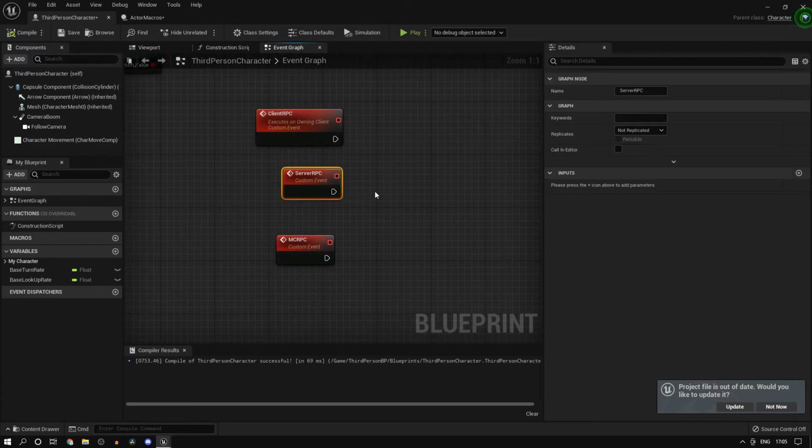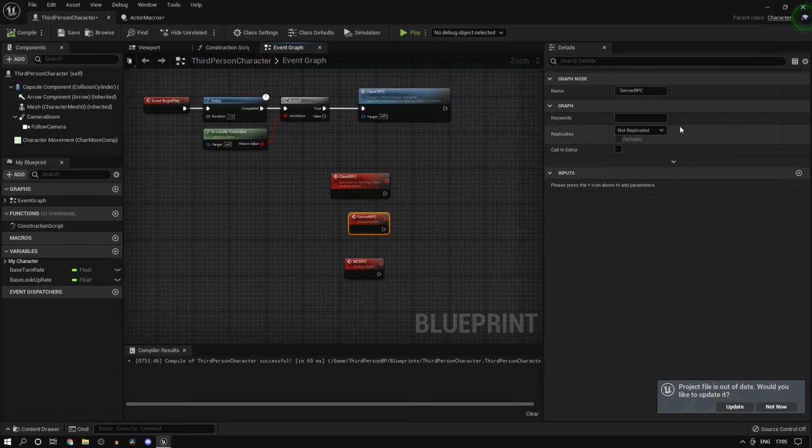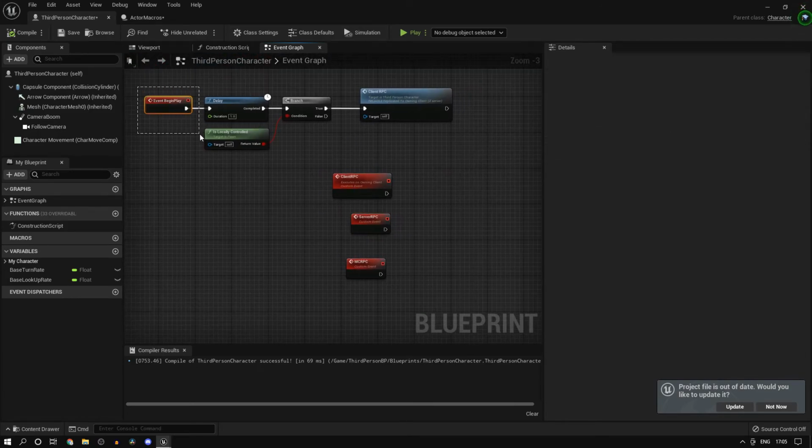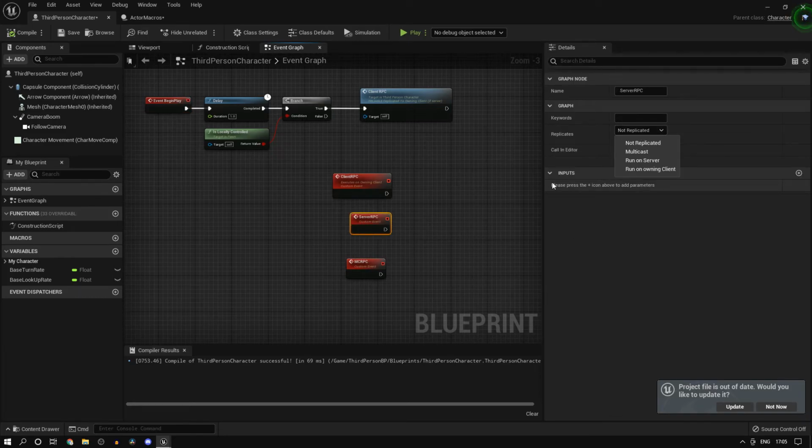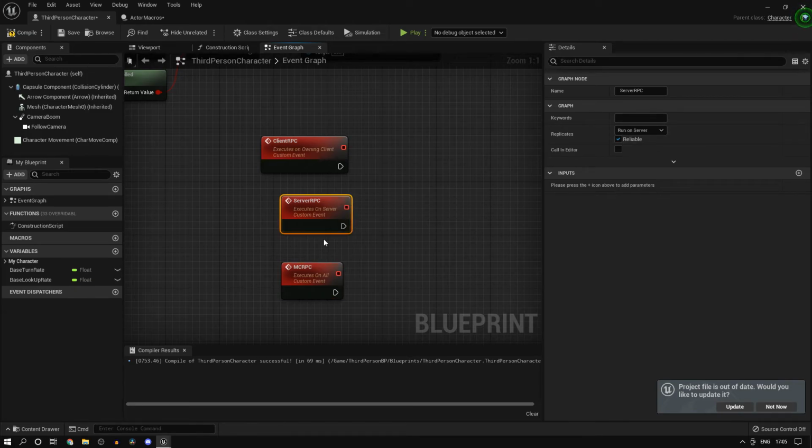Please note that running these things off of Begin Play is not an ideal solution, since this Begin Play runs on each client as soon as this character is spawned. So please do not do that mistake, and I'll talk about reliable soon. So basically what reliable does is it just makes sure that that action actually happens. So it actually verifies it. So let's say I have like a particle effect, which you usually use multicast for, you wouldn't have reliable on. But something that affects gameplay, let's say applying damage or something, in that case you would actually have reliable on.